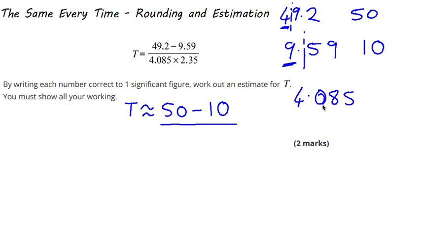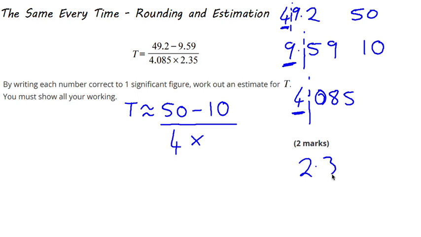So we've got 4.085 rounding to one significant figure. There's the first significant figure. There's the cutoff point. Look at the next digit. Is it a 5, 6, 7, 8 or 9? No, it's not. It's a 0. So the 4 stays the same. And that's just a 4. Fill up with zeros as far as the decimal point, but we're literally on the decimal point, so there's nothing else to add there. Multiplied by